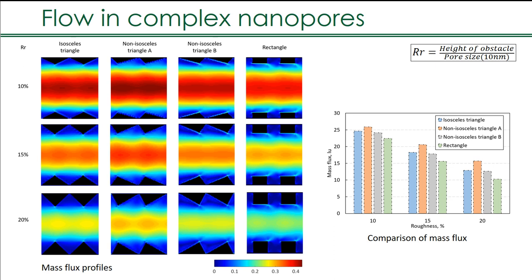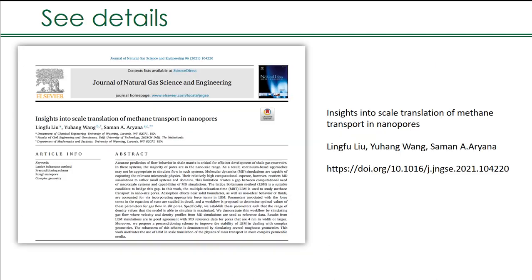And from the right figures, it is observed that the geometry of the surface roughness can impact the transport behavior, although this impact is not as pronounced as the size of the obstacle relative to the characteristic length of the flow pathway. And lastly, if you want to see more details, you may see this paper,